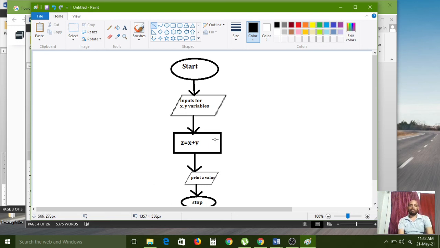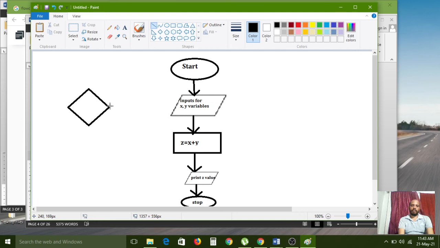For example, after giving that input, if you use decision type applications, for that we can use the diamond symbol.